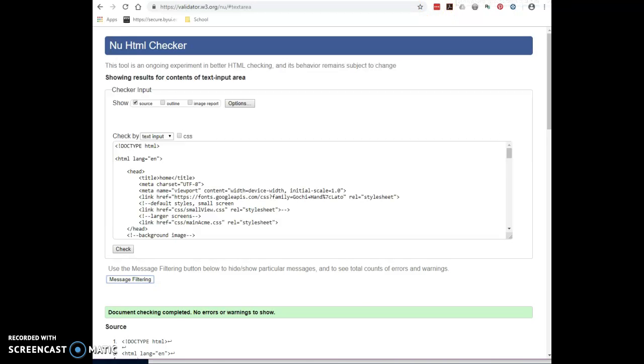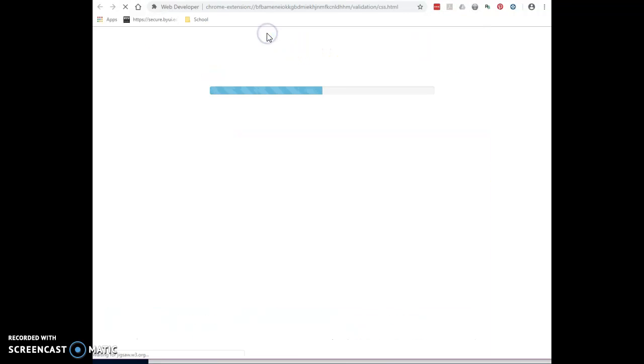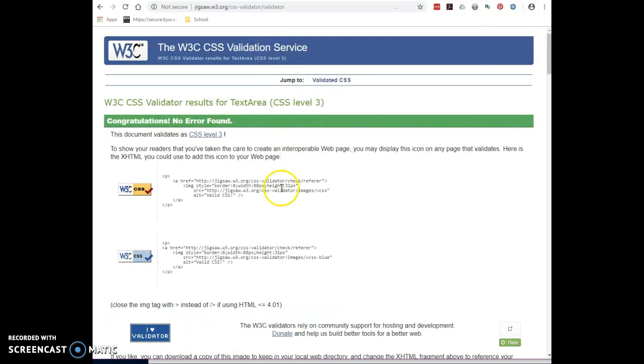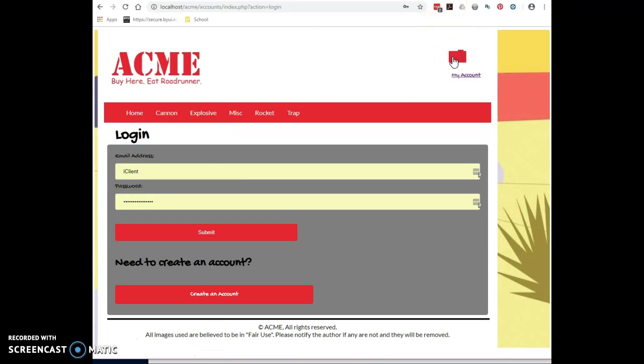and then the validation for the CSS, no errors, and then going on to the login page,